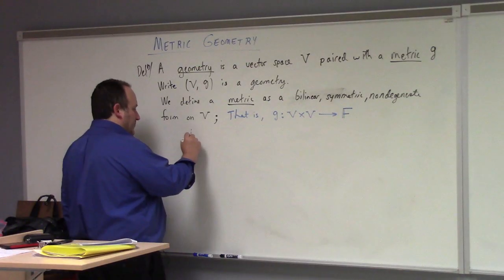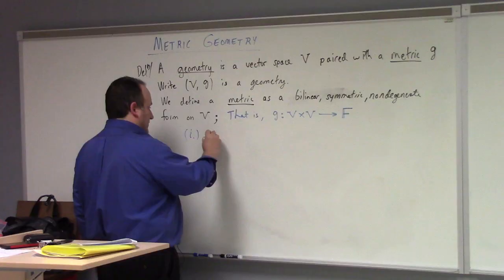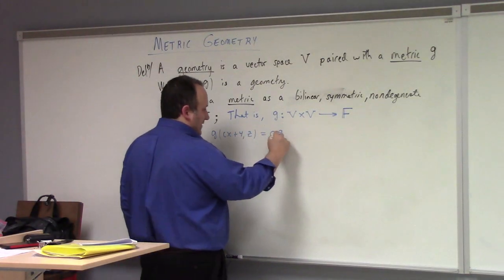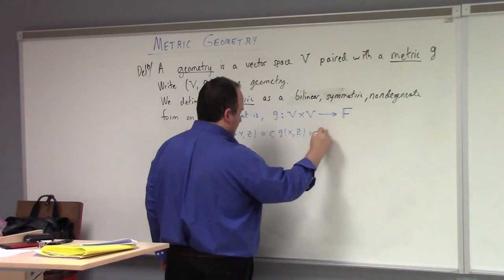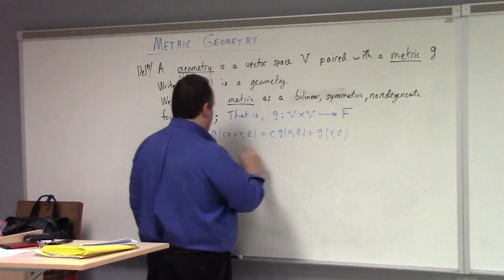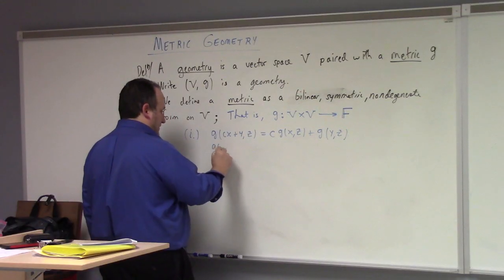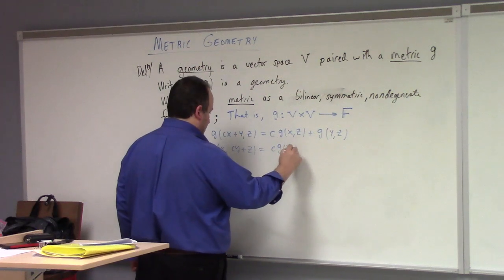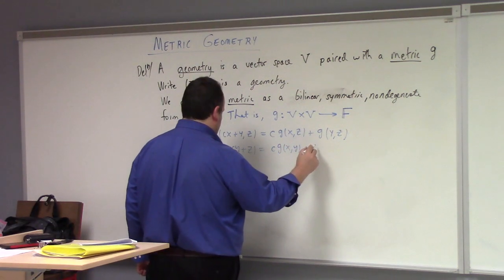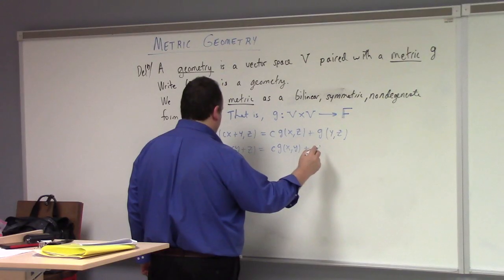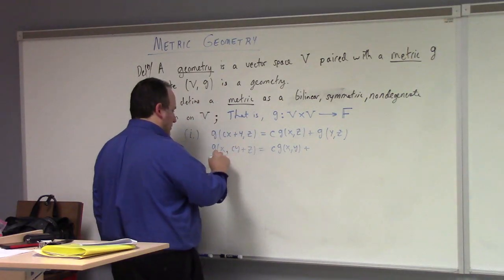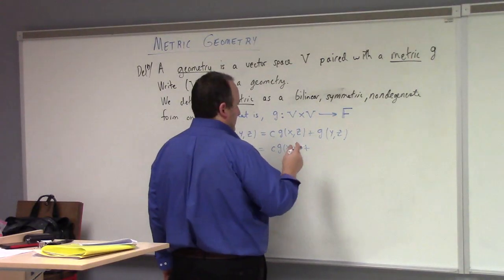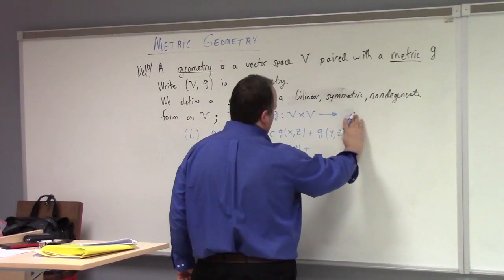And so number one, bilinear, of course, means that G of (cX plus Y, Z) is c times G of (X, Z) plus G of (Y, Z), well, you guys know the drill. And also G of (X, cY plus Z) is c times G of (X, Y) plus G of (X, Z). I'm going to put a real here because I think